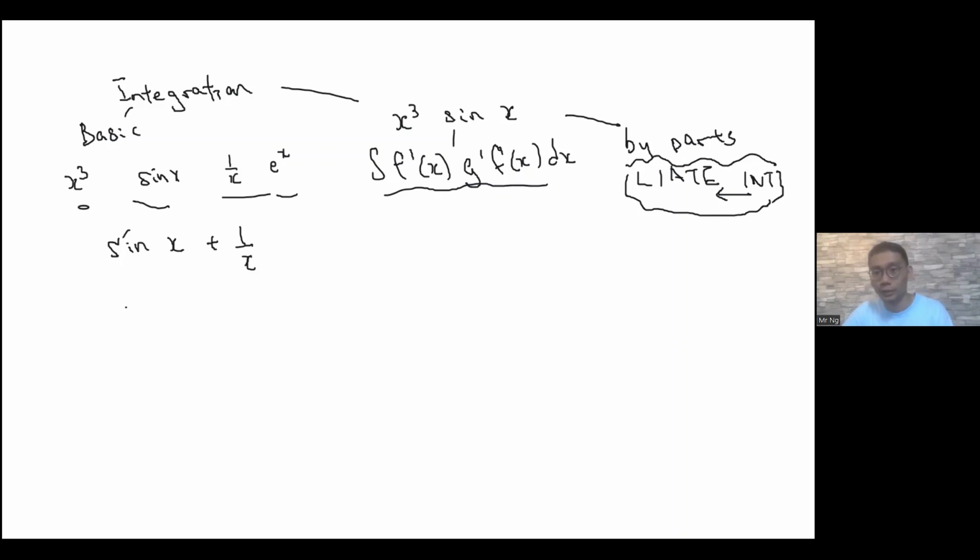Because trigo, exponential and algebra are very easy to integrate, whereas inverse trigo and logarithm are not integratable in the basic manner. What I'm trying to say is that you learn how to differentiate ln x to become 1 over x, to differentiate sine inverse x to become 1 over square root 1 minus x squared, etc. e to the power x to e to the power x.